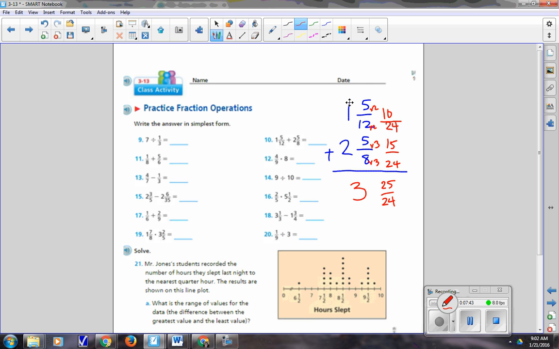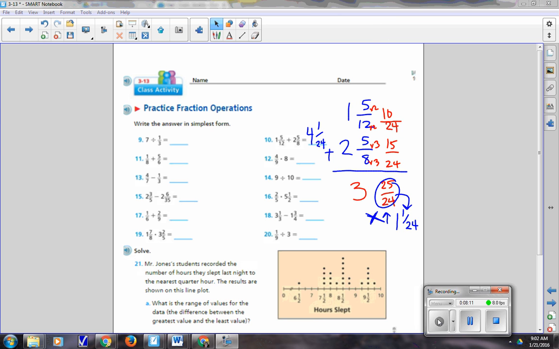Good job. No, I'm not done, Mrs. Crane, because my fraction part is improper. So I know that 24 goes into 25 one time with 1 remaining. So now this equals 1 1/24. So I have to add 3 plus 1, and my answer ends up being 4